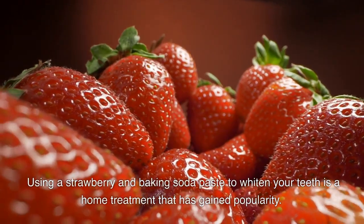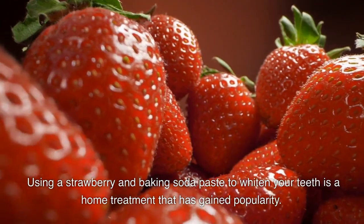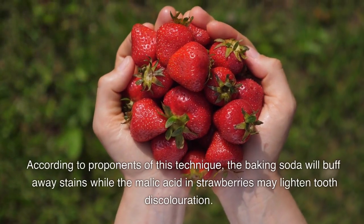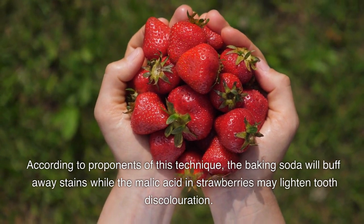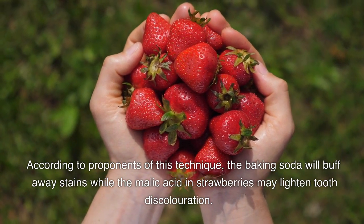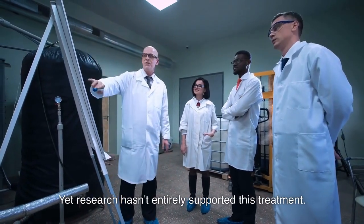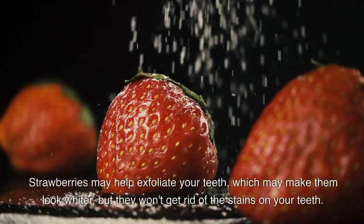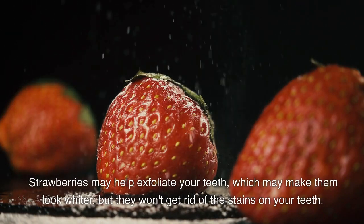Using a strawberry and baking soda paste to whiten your teeth is a home treatment that has gained popularity. According to proponents of this technique, the baking soda will buff away stains while the malic acid in strawberries may lighten tooth discoloration. Yet research hasn't entirely supported this treatment. Strawberries may help exfoliate your teeth, which may make them look whiter, but they won't get rid of the stains